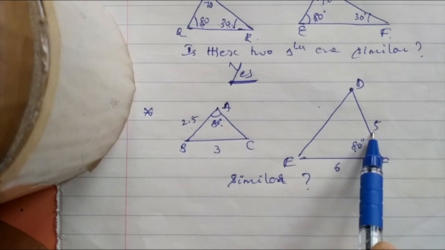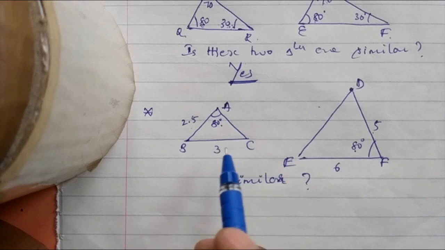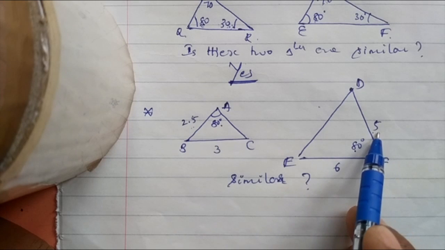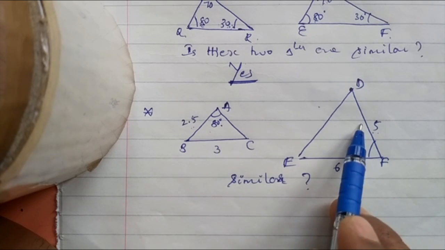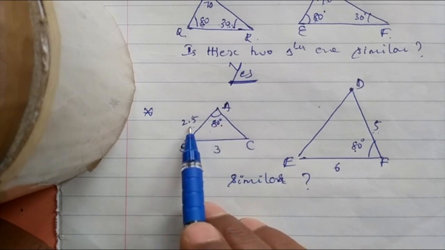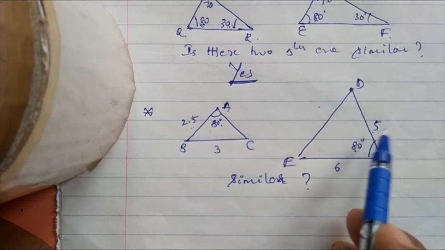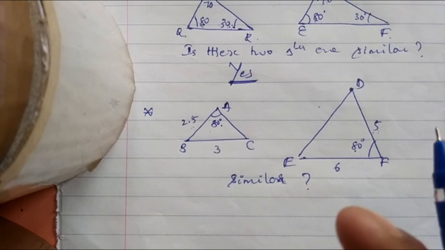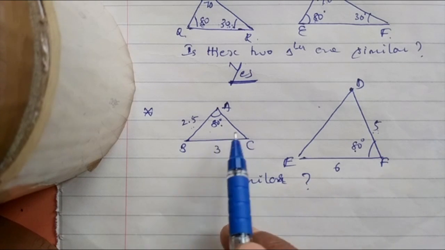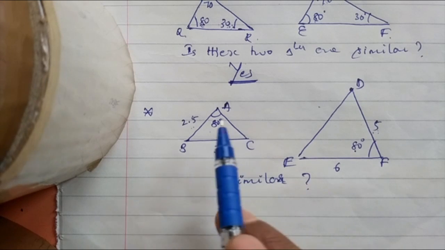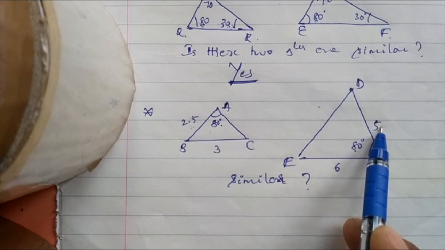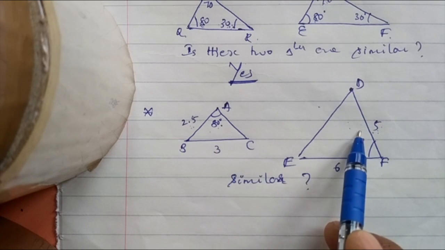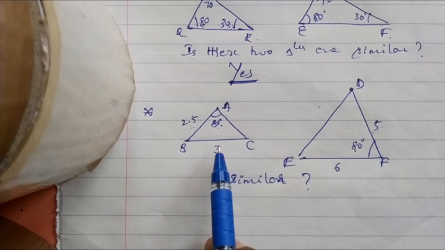2.5, here it becomes 5. So it's double, because in the smaller and bigger comparison in similarity of triangles, here 2.5 length, here 5. That means this is the smaller triangle, this is the bigger triangle. So the 2.5 side becomes double here. Ratios are what? Comparison between two triangles. It is 3 times bigger, 4 times bigger or 1.5 times bigger. Here these two triangle comparisons are 2 times bigger. Here 2.5 becomes 5. Therefore this triangle is half of this triangle, or this triangle is double of this triangle in length, not in angles. Keep it in mind.